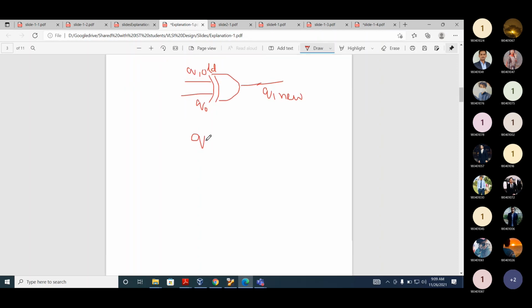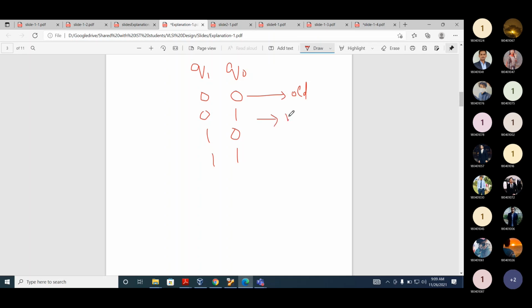Now we have Q1 and Q0. The first value is 0 0, then 0 1, 1 0, and 1 1. If this is old, then this will be new.